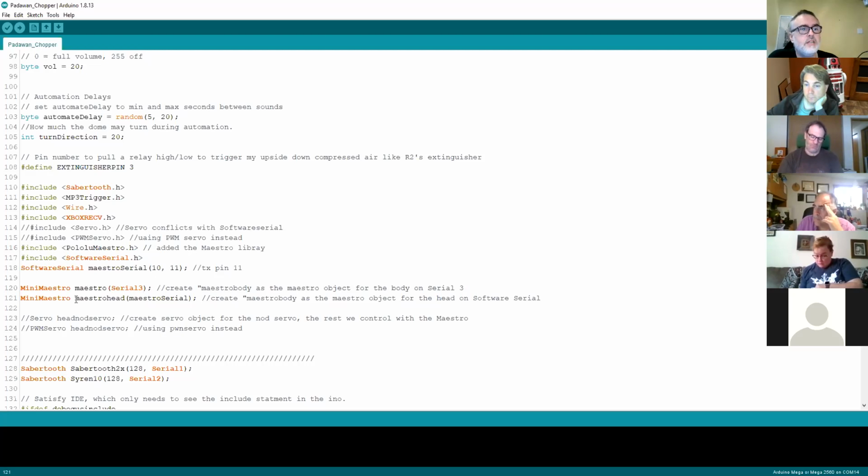Now, what I've done with Chopper is I have used software serial, basically because on a Padawan we've got the siren that controls the dome, which takes a serial port. We've got the Sabertooth, which controls the motors, which takes up a serial port. So we're already using a couple of serial ports. Then we can use a third serial port, which is free, which I've used to control the body. And then I wanted a fourth serial port to keep it clean, to control the dome,